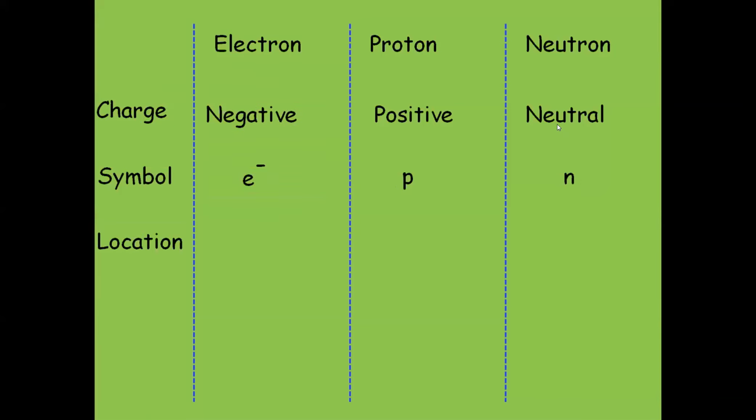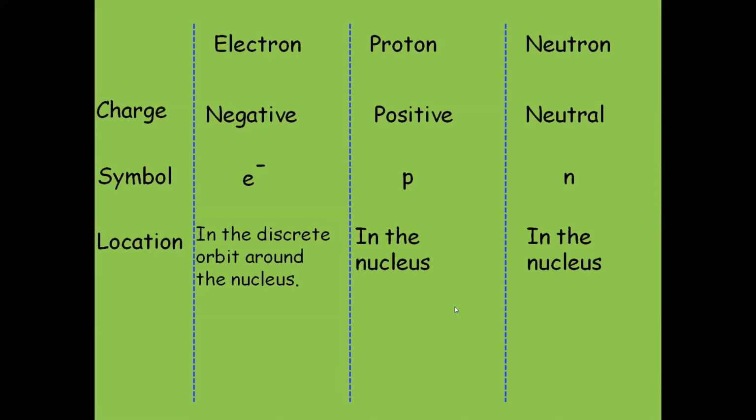the location. Where do we find these electrons? Can anybody help me with this? Where are electrons present? Do you know that? Anyone? No one knows where electrons are present inside the atom? Yes, come on, tell me. Anybody knows? Orbit, Ishan, very good. It is present in the discrete orbits around the nucleus. Very good, Ishan. It is present in discrete orbits around the nucleus, whereas protons and neutrons are present inside the